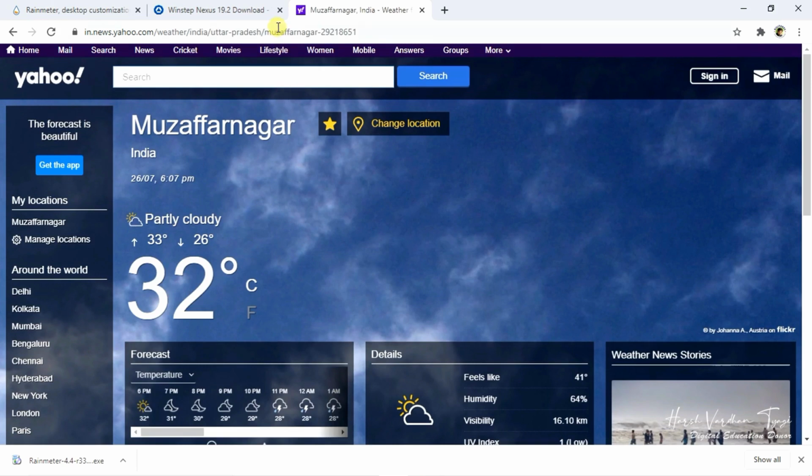Now select this URL, copy it down, and minimize this.